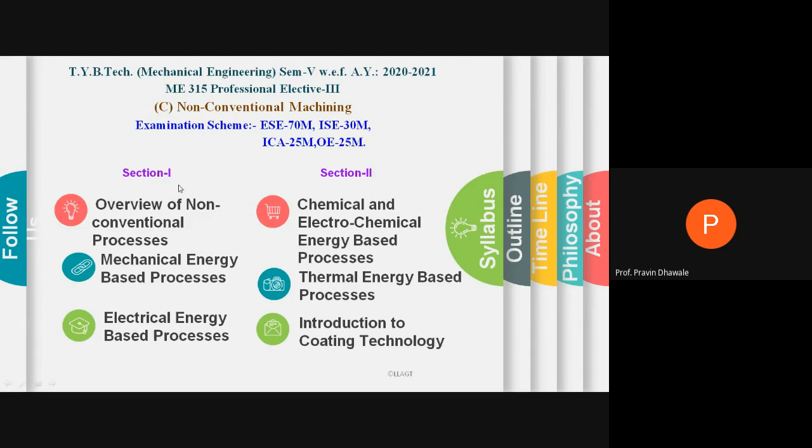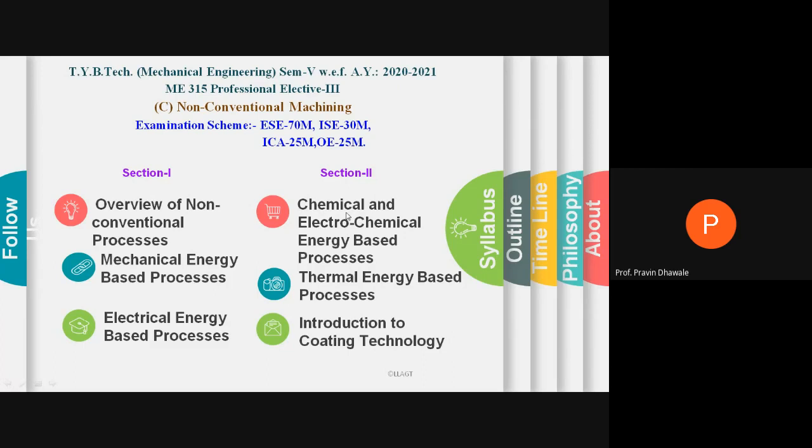In the first chapter, you have a brief introduction to all the non-conventional processes. The second chapter focuses on mechanical energy based non-conventional processes. Third chapter, electrical energy based processes. In the second section, we also have to study three chapters. Fourth one, chemical and electrochemical energy based processes,